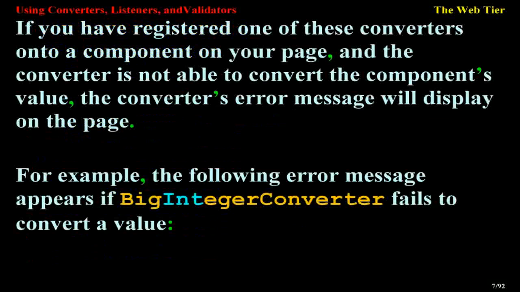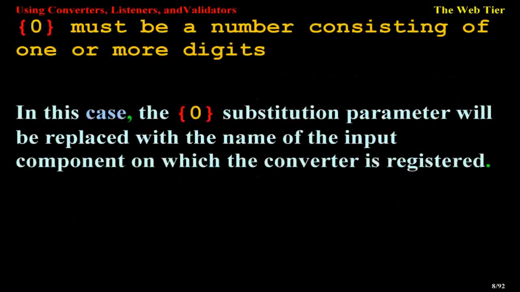If you have registered one of these converters onto a component on your page, and the converter is not able to convert the component's value, the converter's error message will display on the page. For example, the following error message appears if BigIntegerConverter fails to convert a value: {0} must be a number consisting of one or more digits. In this case, the {0} substitution parameter will be replaced with the name of the input component on which the